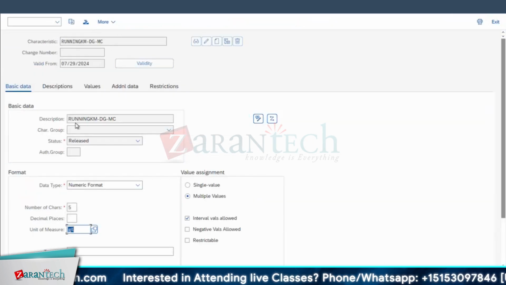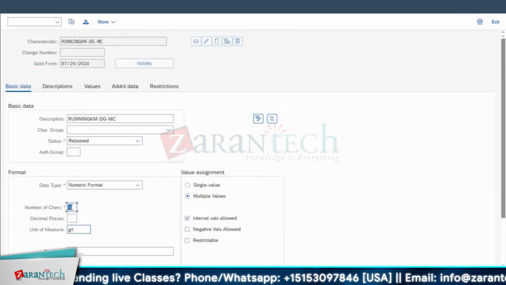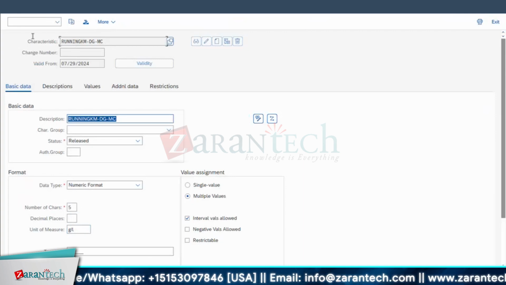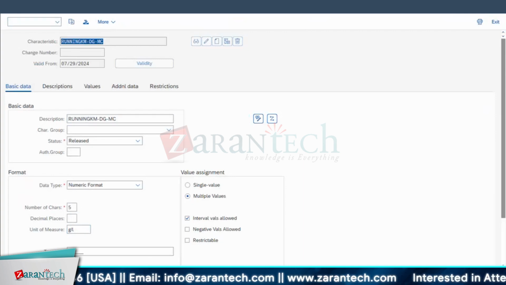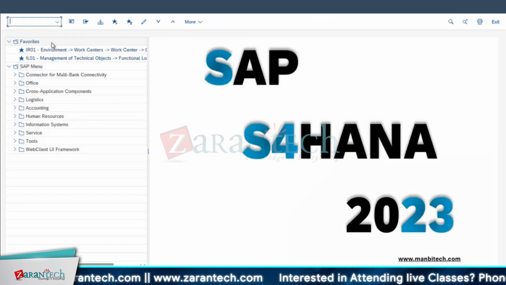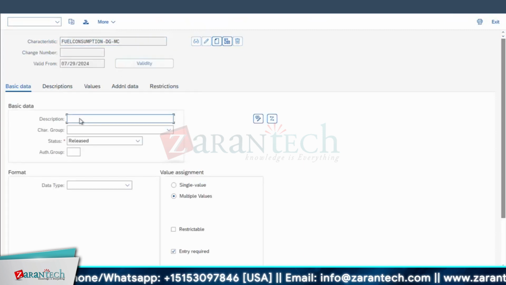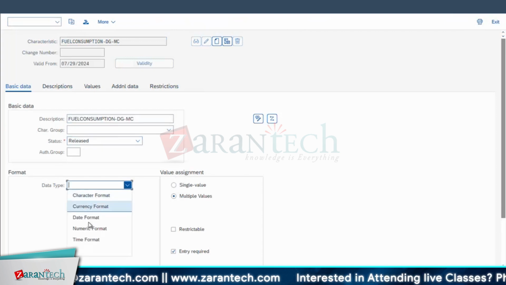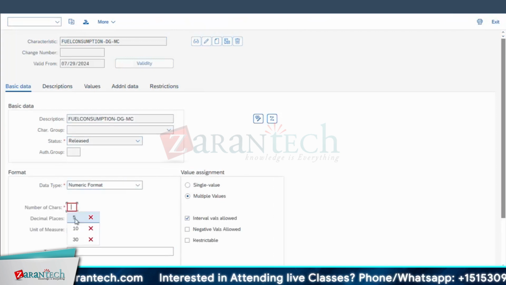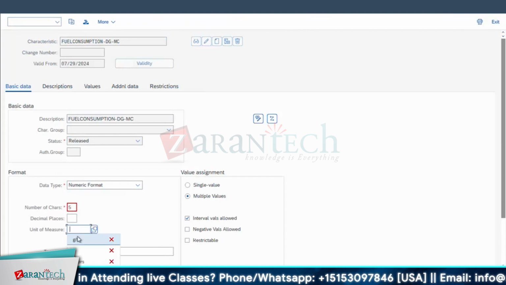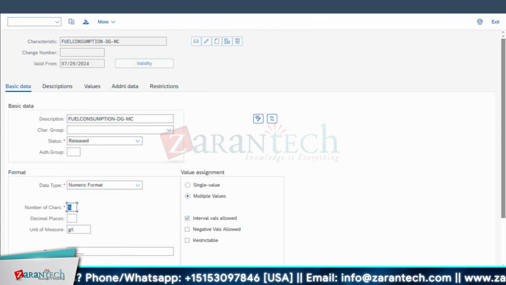Again in characteristics. Let me go for gram bar L. It is there, no? Here I'll go for fuel consumption. Okay, CT04. Go for your fuel consumption. Create. Numeric. Any values. Okay, here again I'll go for gram per liter. Okay, this much is fine. Let me select fuel consumption, this characteristic, and create one